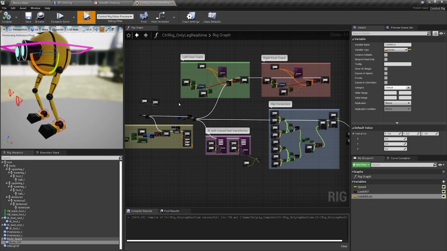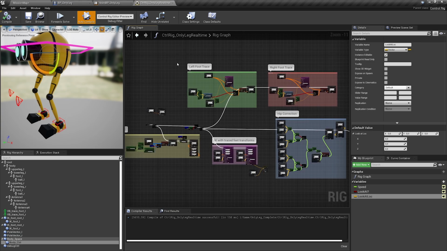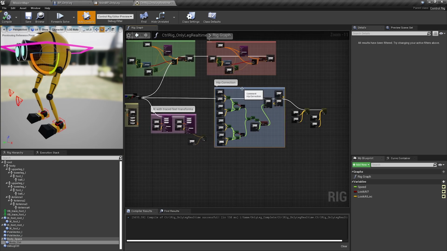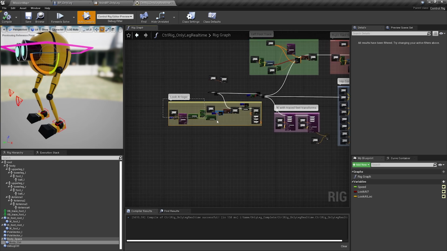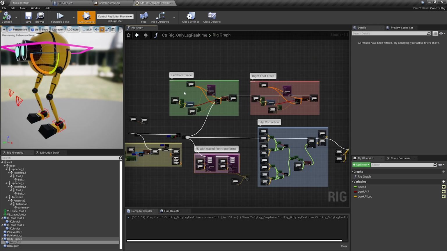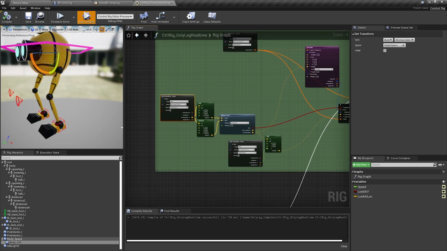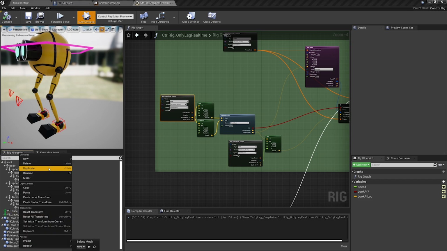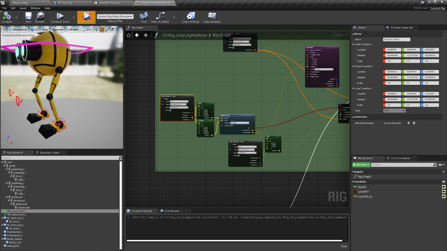So let's take a look at that. So here you can find now the values that are coming in. And here's a left foot trace, the right foot trace, and here's the hip correction and the logic for the look at. And at the end, we do the IK for the feet. Let's take a look at how we do the trace. So for the trace, I'm using a bone. You can add bones the same way you add controls by just hitting new and then bone, and you can make your own hierarchies.